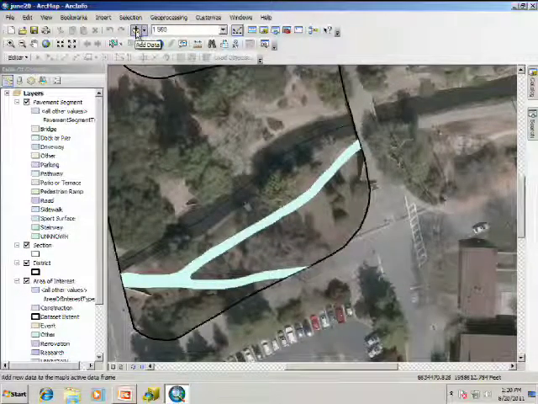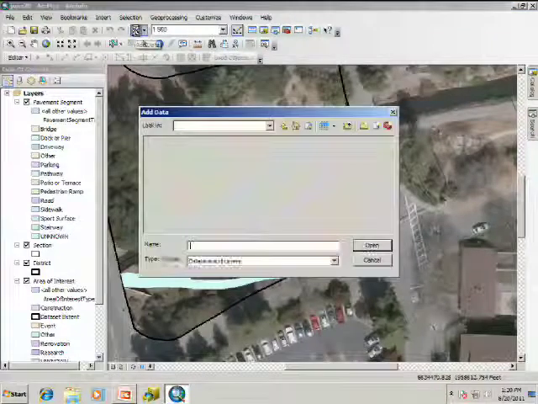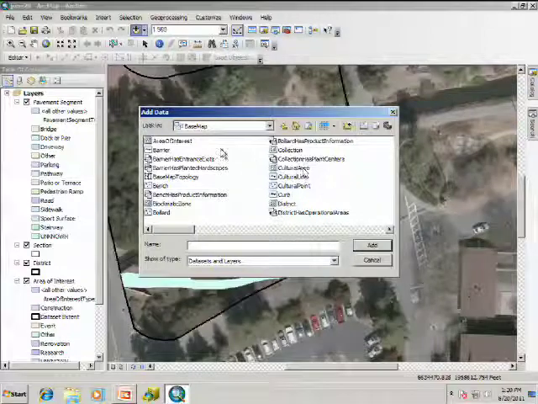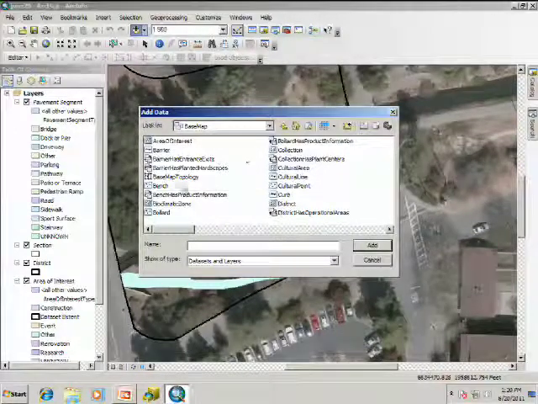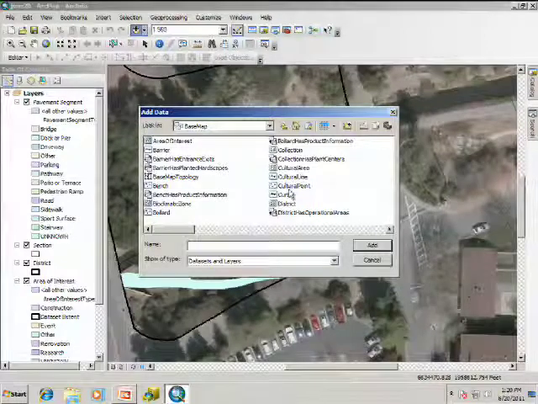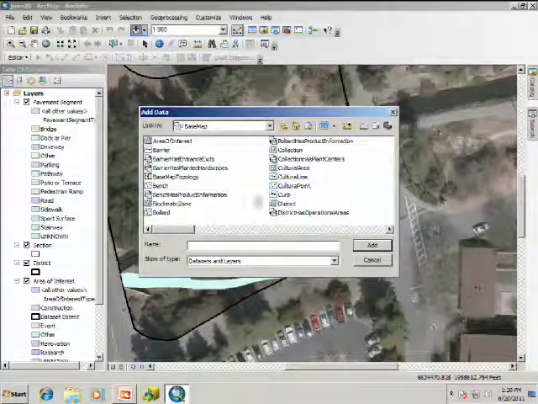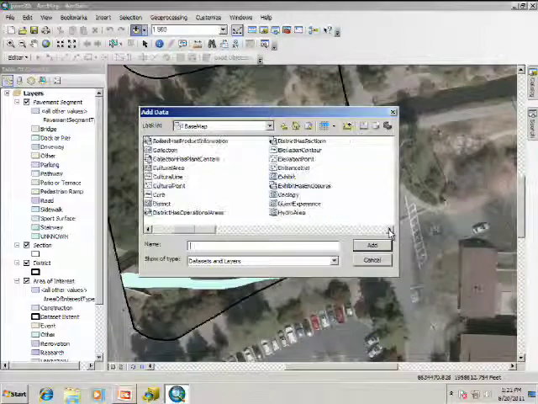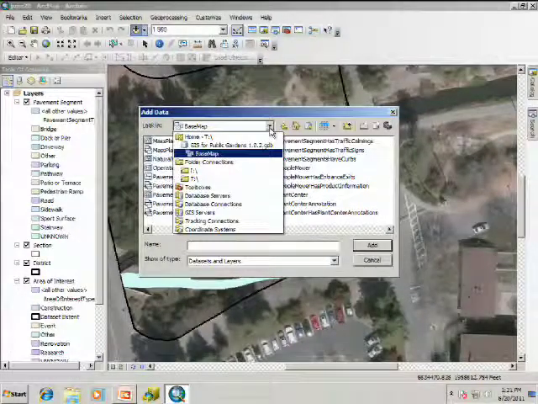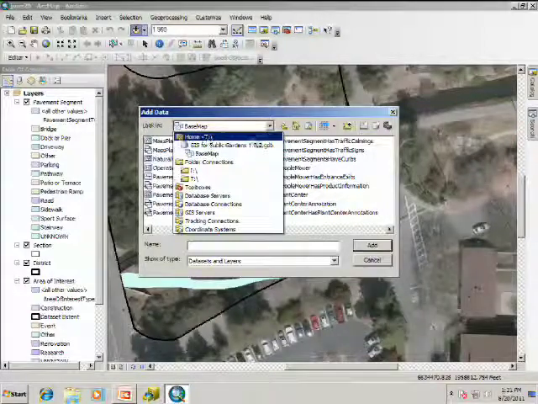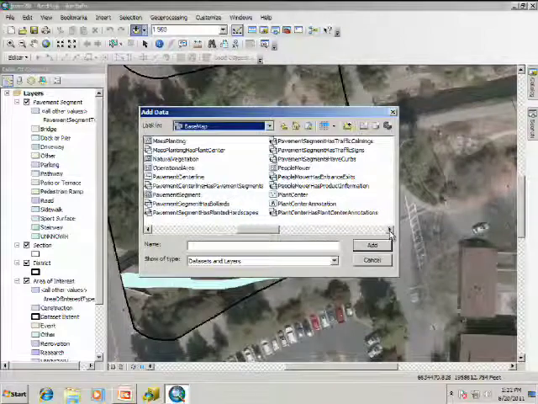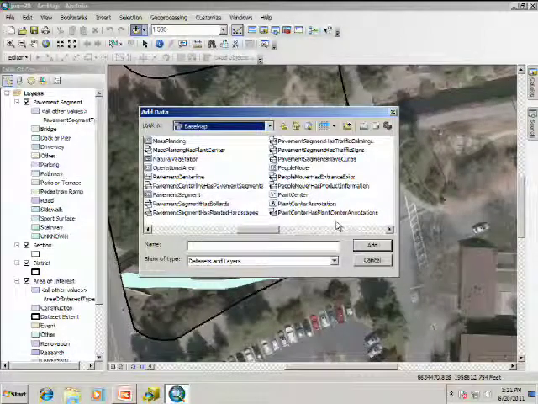Let's go to Add Data here. And does this view open up? Does it go right into the geodatabase for you guys like this? Okay, good. Scroll over to the side, and if it didn't work, you can do this drop down here and go to T and select our GIS for Public Gardens Geodatabase, go into the base map feature dataset, and scroll over,